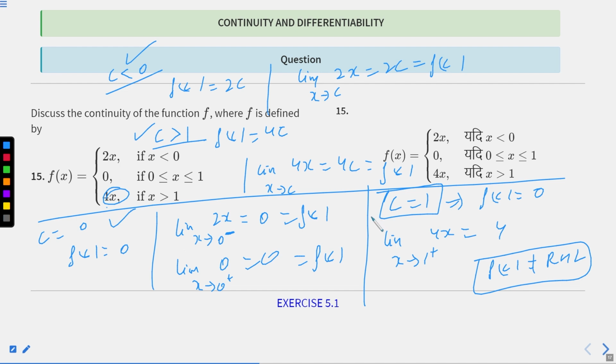I hope that we are doing it very quickly, but they are very easy. If you are not familiar with, don't worry, you will get familiar if you practice more questions. Okay, so we are just doing every question of this exercise 5.1. Okay, clear. So we have to stop here.